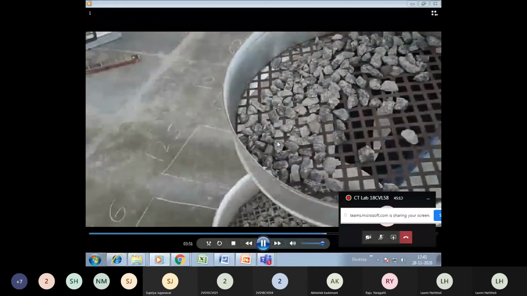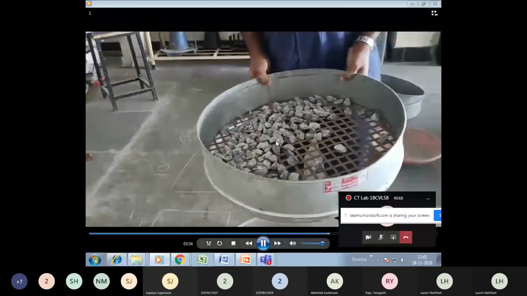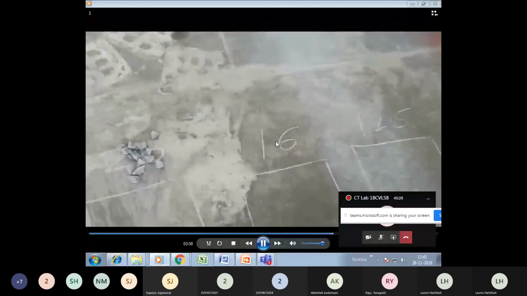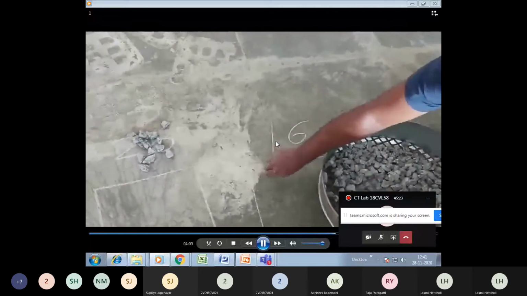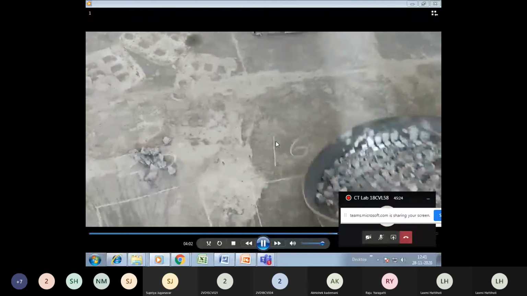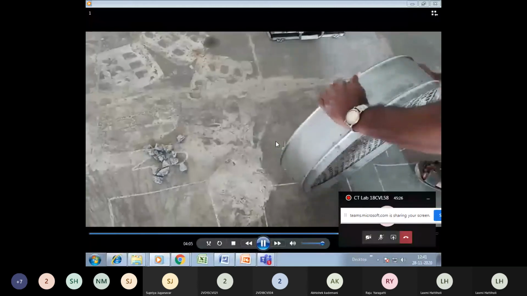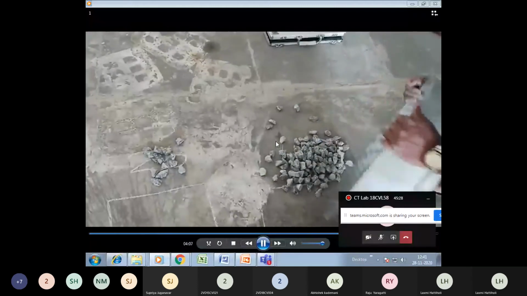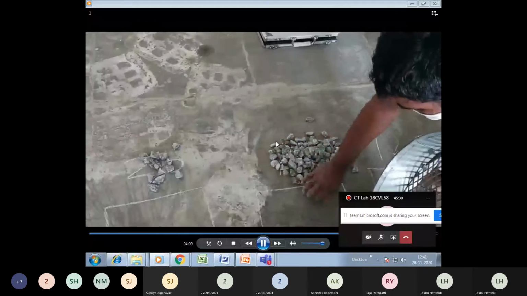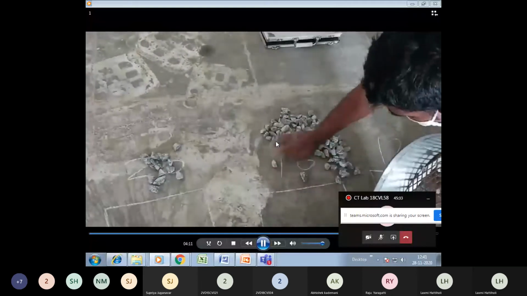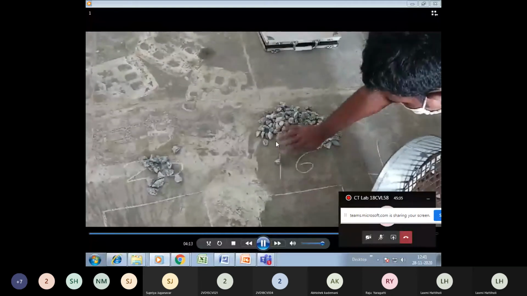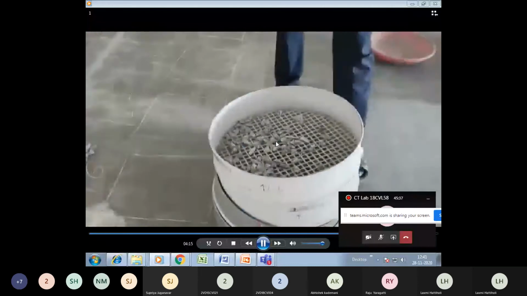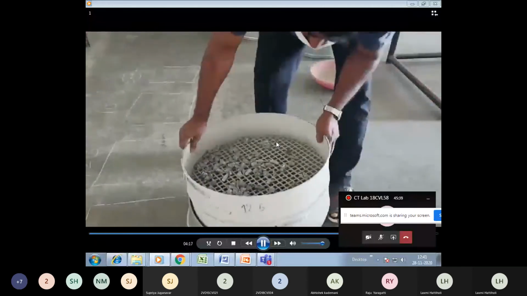These aggregates should be kept just beside the 16 mm block. Yes, now go on placing this. Make sure that there is no mixing up of aggregates. Now all these aggregates have been placed here, 16 mm. Next, the 12.5 mm sieve.